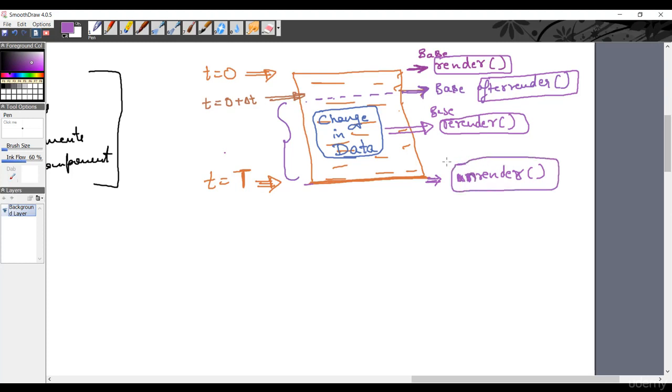Now, if I want to modify any of this function, render function, after render function, re-render function, or the unrender function, if I want to modify any of them, if I want to play with the DOM nodes which are getting created by this framework for this component, if I want to modify them, then I